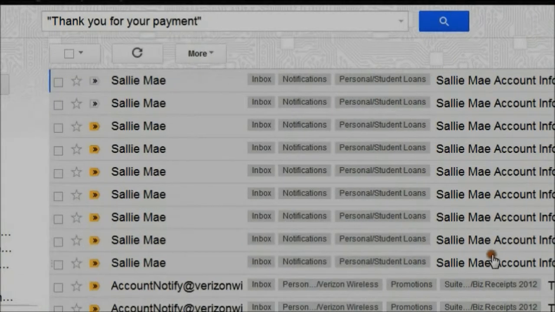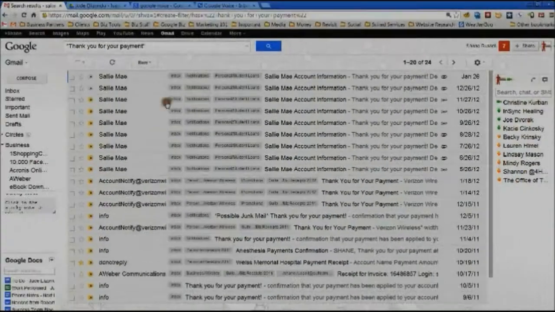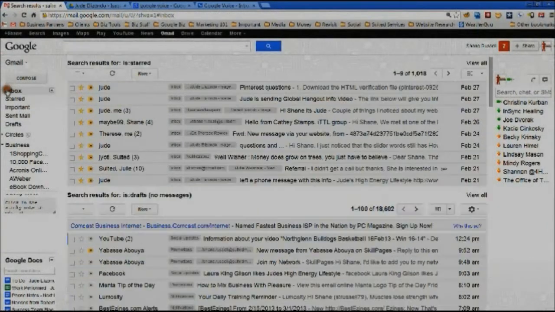Now, let's just say hypothetically, let me zoom this out real quick. Let me go back to my inbox. Now, let's just say hypothetically, you made a mistake or you wanted to edit those filters. You would go to the settings, which is either going to be right here in this little wheel or up